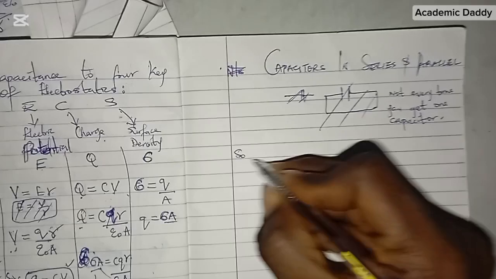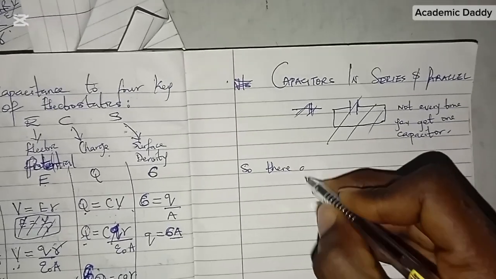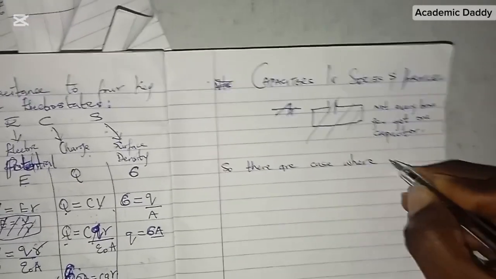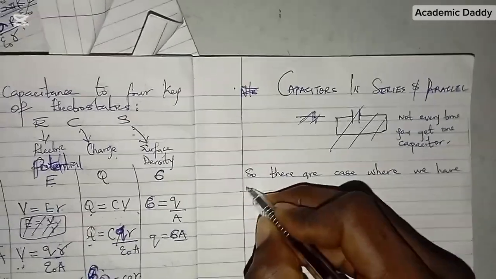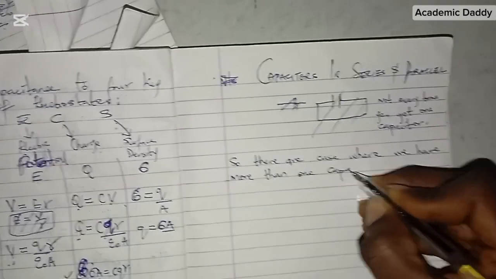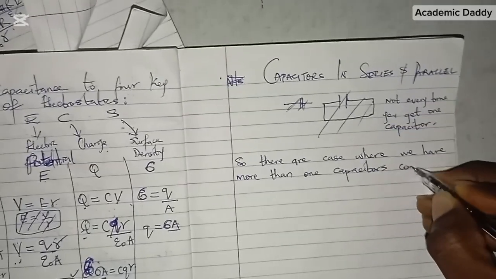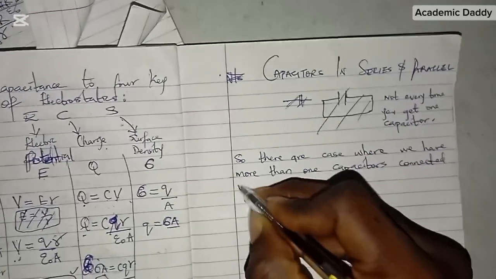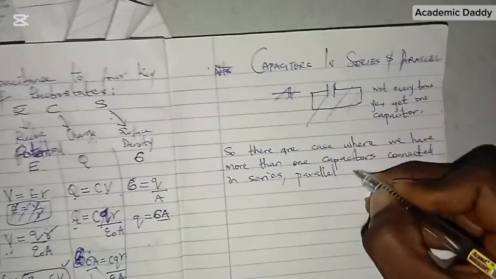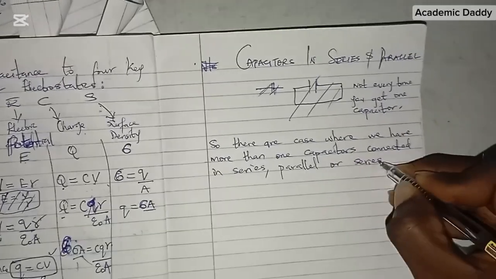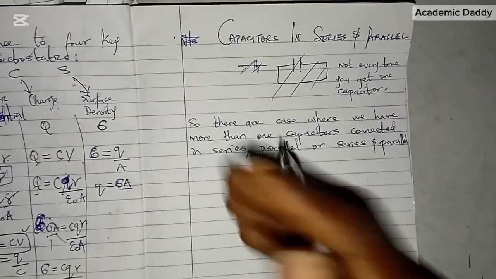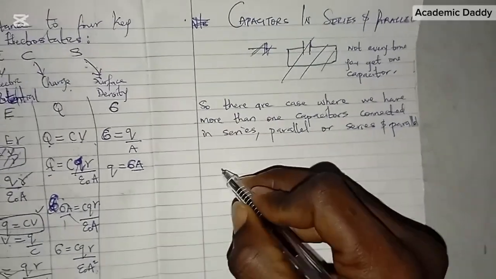So there are cases where we have more than one capacitor connected in series, parallel, or series and parallel. So we'll still do calculations on this. So for example, if I have something like this,